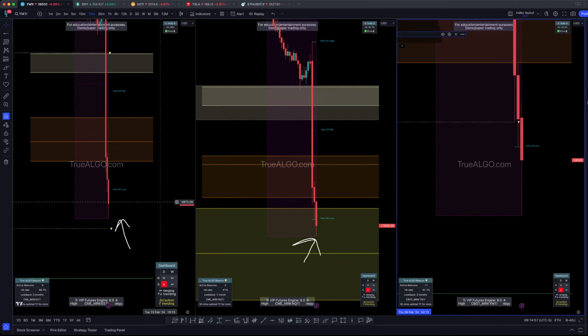Right now, we are at an area where price is going to continue to go lower until this asset here on your left and this asset here on your right close bullish in our box. Price is going to continue to put in new lows. You're not going to catch the absolute bottom.